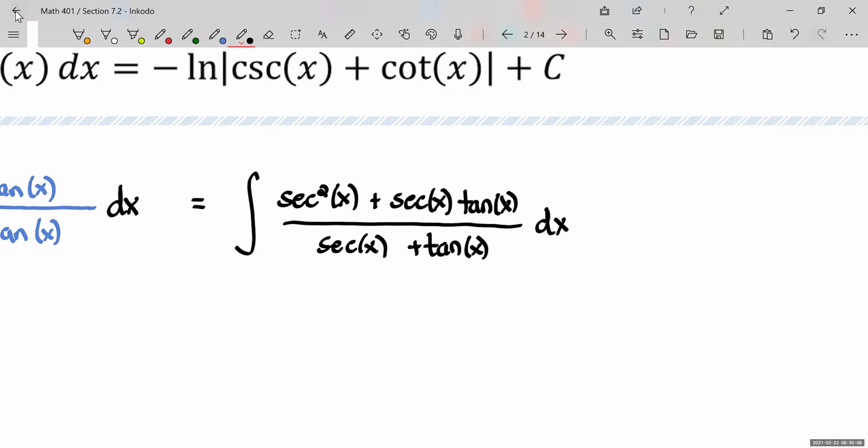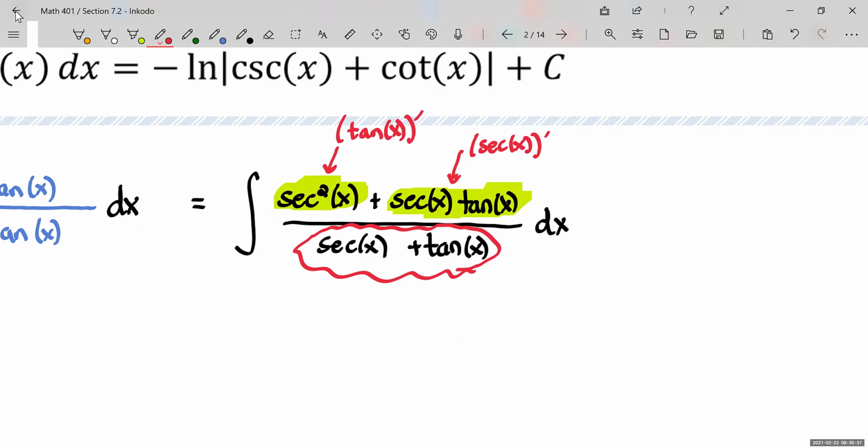Now, in the numerator, I hope you can see this is the derivative of something, and so is this. In fact, this back end here is the derivative of secant. And the front end right there, that's the derivative of the tangent. Man, I wish I had a secant plus a tangent somewhere in here that I could let u equal. And I do, right? This whole entire denominator: if I let u equal that denominator, u equals secant of x plus tangent of x,